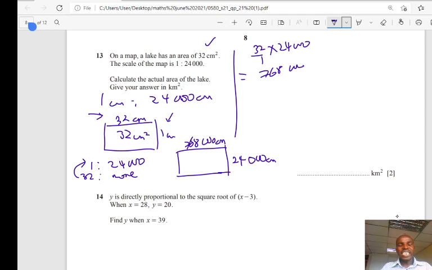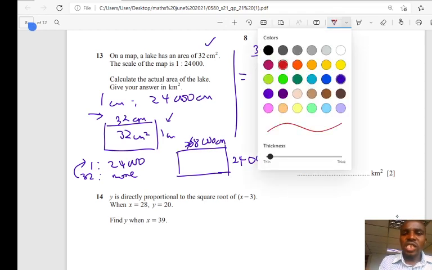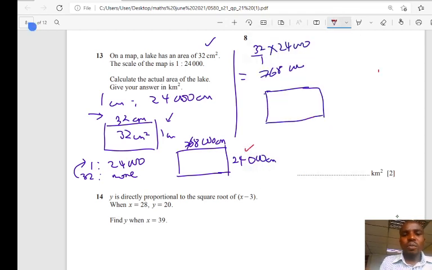These are actual centimeters on the ground. But we want our area in square kilometers. So it means we can draw yet another rectangle here, and you have to convert 24,000. These units, convert this one to kilometers, convert this one to kilometers. So this one,